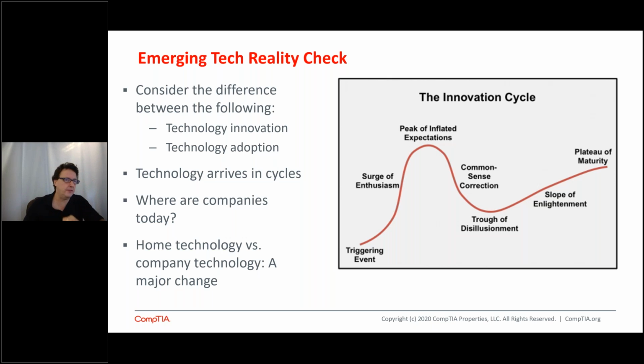This is so common in everything. I've seen this happen with Linux, for example. I've seen this happen with blockchain. I've seen this happen with Internet of Things, all sorts of things. AI has constantly gone through this cycle, where it went through this and then kind of wintered for a while and then came back around and around and around. AI has been with us for decades. So it goes through some slope of enlightenment, meaning that people start realizing, oh, well, it may not cure everything or do everything cool, but eventually it has applied purpose.